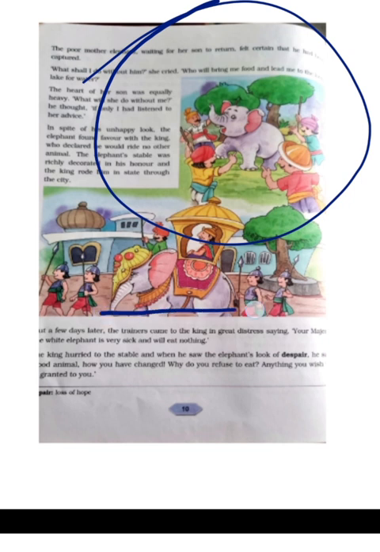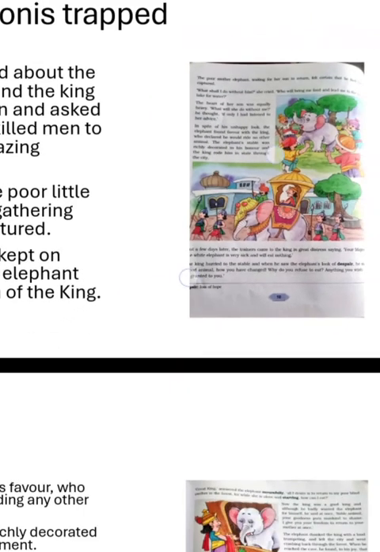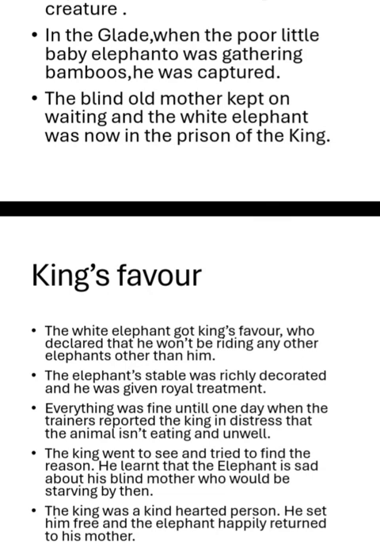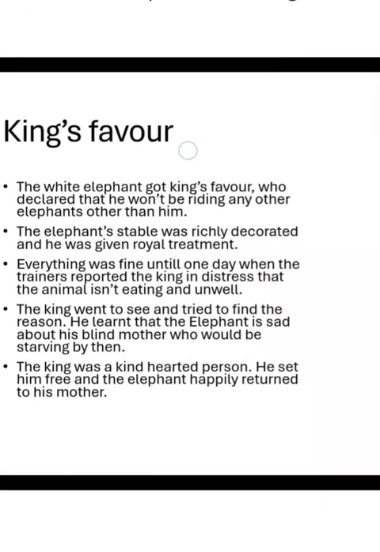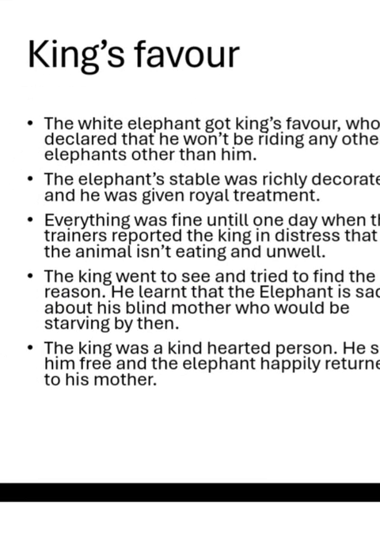He was brought to the king, and the king was amazed to see this white elephant. The king treated him very royally. He provided him with the best of his palace, the best stable, the golden stable, and all the royal and regal clothes were given to him. And the king said that he was not going to ride any other elephant other than this white elephant. Everything was going well, fine, until one day